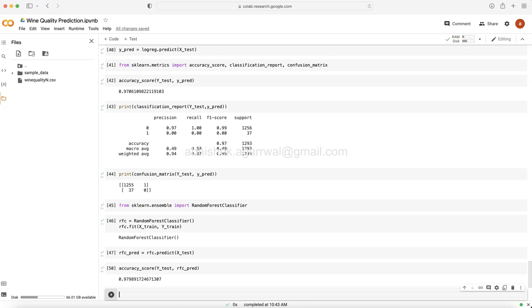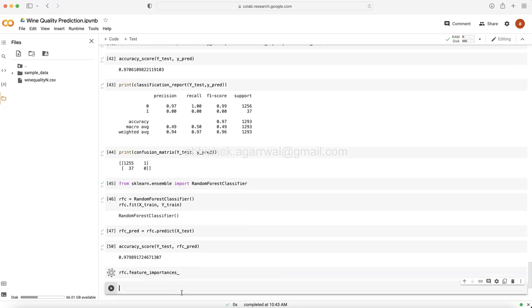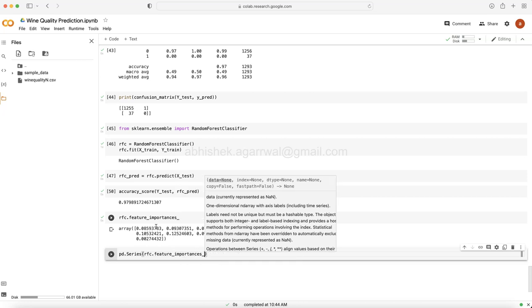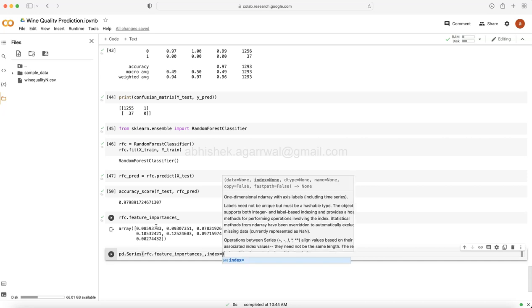And if you want to find the important features, then what you need to run is basically the RFC model dot feature_importance. This method will give you an array, something you can't interpret, right? So I'm going to show you a code, very, very important. Make sure you take note of it, is how you can visualize all this. So we will say pd.series, rfc.feature_importance, and we will say index equals to,